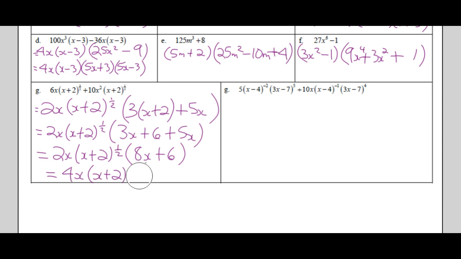Actually, hang on. I wrote that kind of ugly. 1 half. Okay, so there you go. So you can factor out fractional exponents, right? You just got to remember to take the lower power and then you subtract, right? And you'll get the